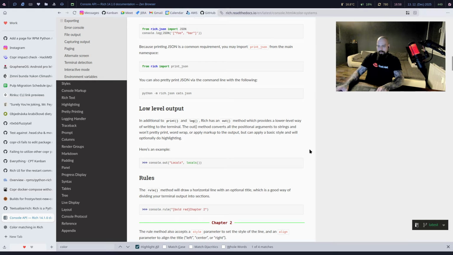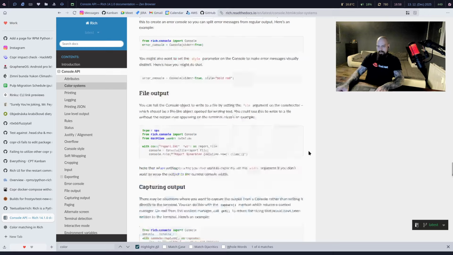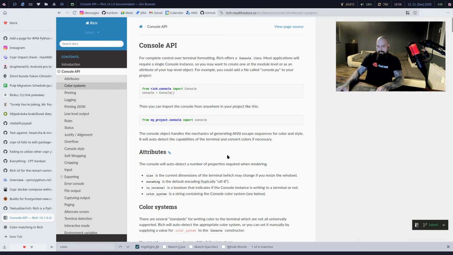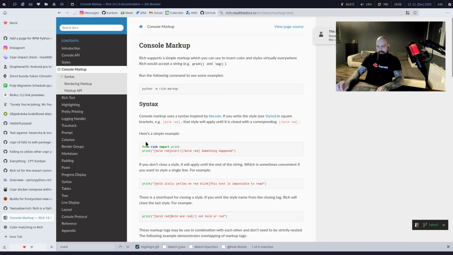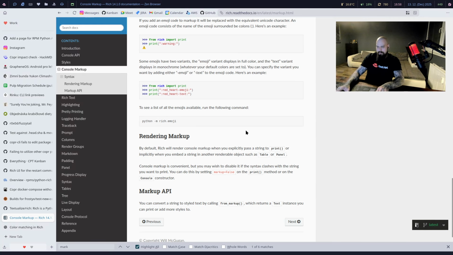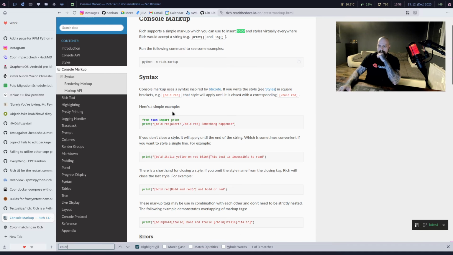Printing, console protocol. Markup. So this is the markup. If you write style C styles,